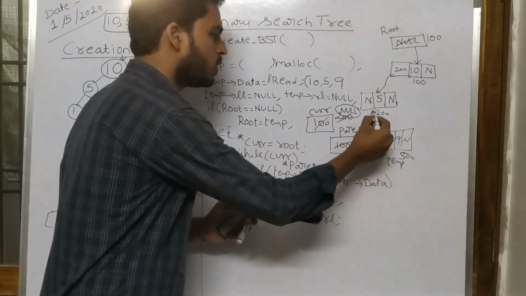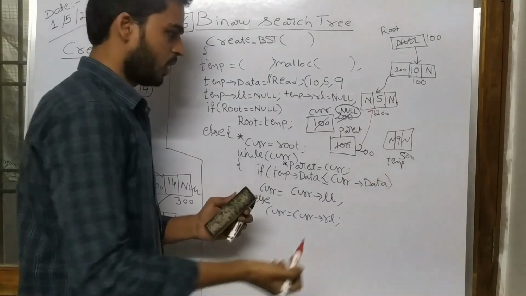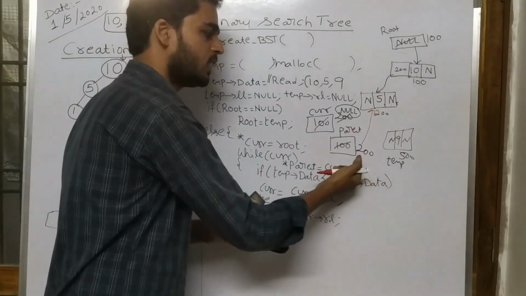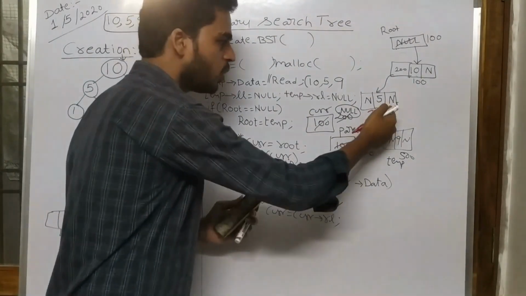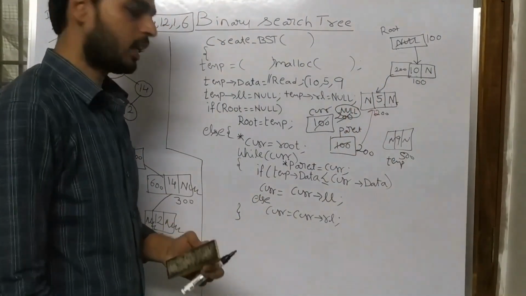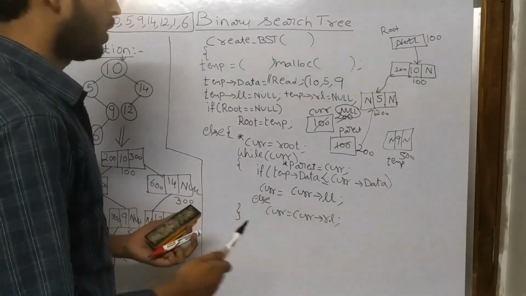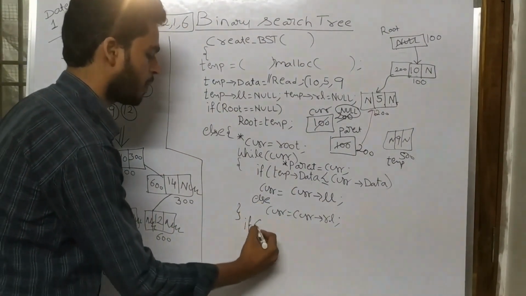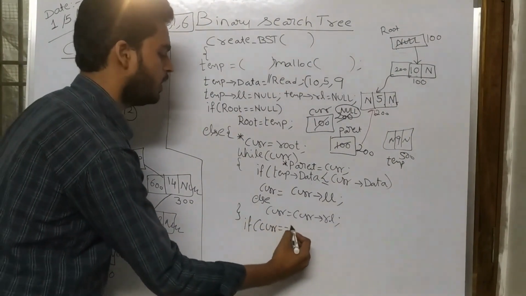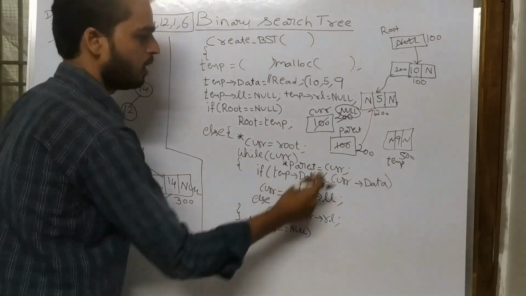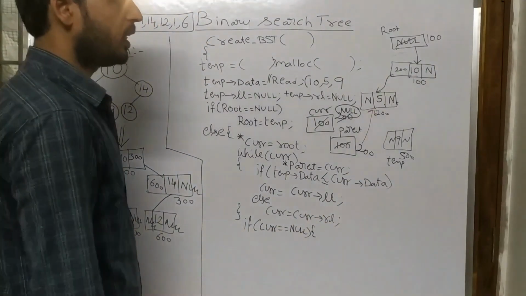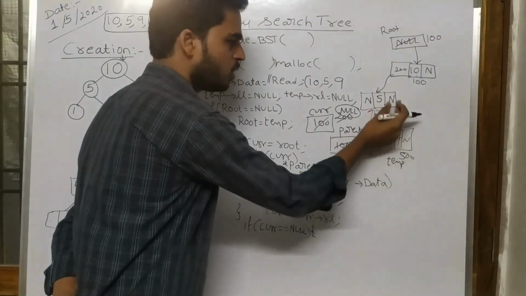parent is pointing to the location. I can identify this parent node with an address 200. So for this node, I need to add the data. So you have to write the logic. What you need to do? If current equal to null, what you have to check is that you need to add this data to this one.